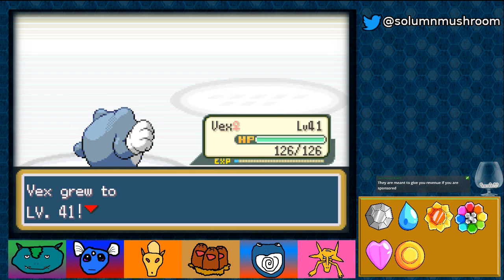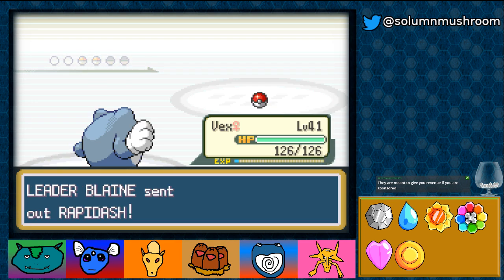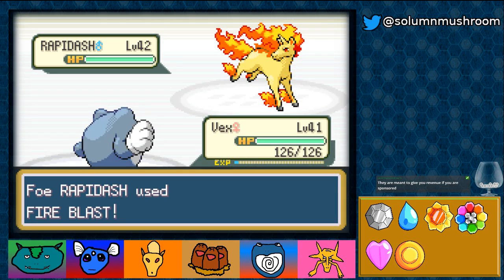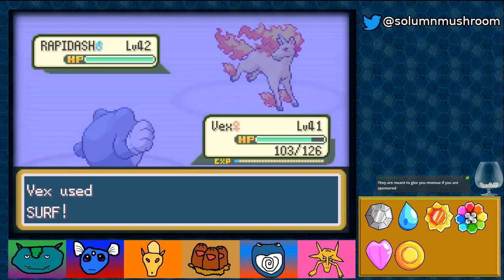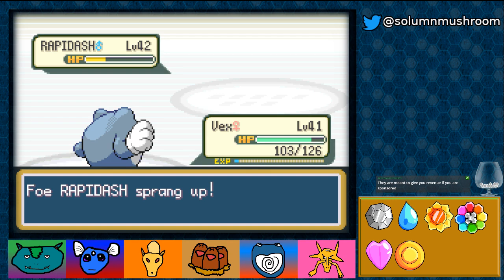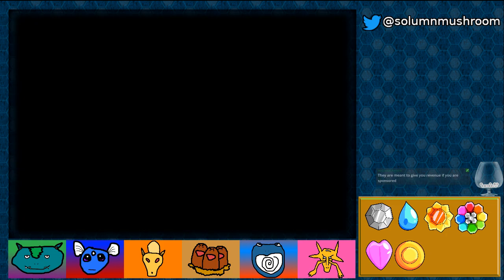Vex grew to level 41. Here comes the big one. No, not quite. Also, they got the level wrong on this. Nitpicky, yes, but still. Oh, goody. Here comes Fire Blast. It did nothing. Good. And here comes Bounce. Speaking of Bounce, I should probably...